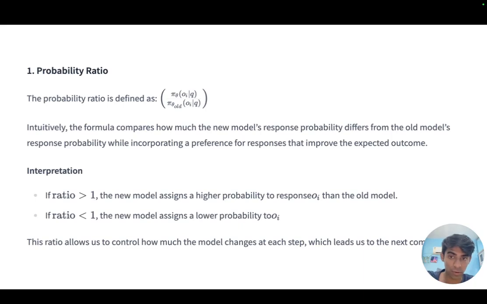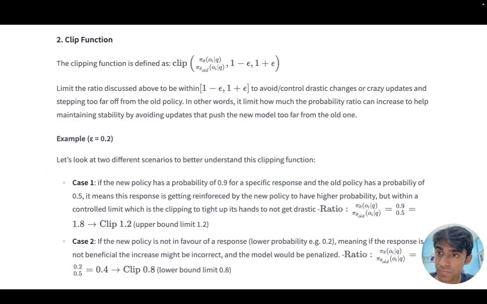Obviously from this formula you can get this, right? But if the ratio is less than 1, the model is going to assign a very low probability to this particular output. Okay, now this clip function, right? We have to limit the ratio discussed above to be within 1 minus eta and 1 plus eta, to avoid drastic changes, because you don't want the model to surpass the limit of changes,